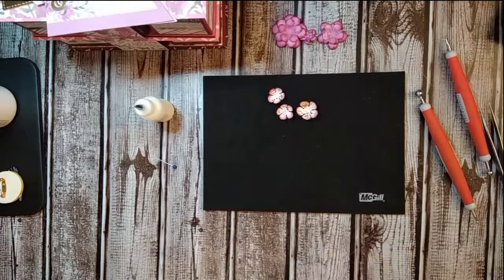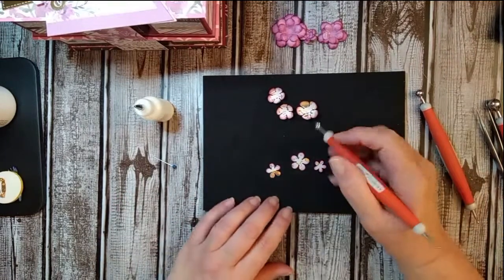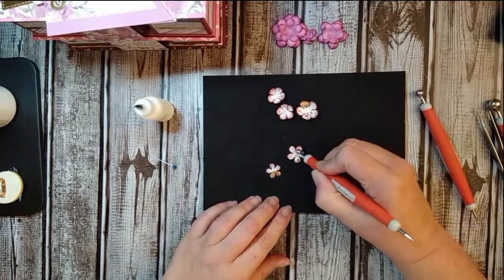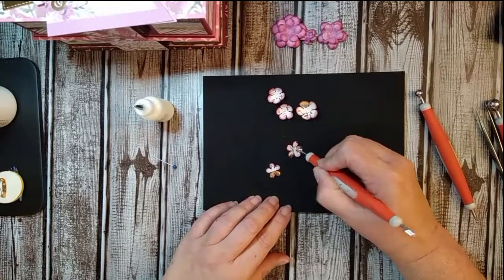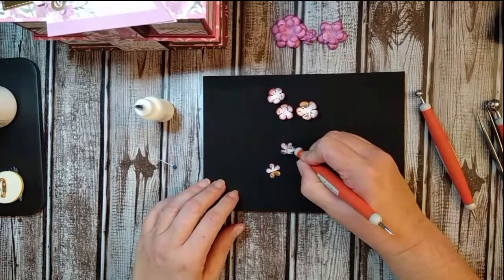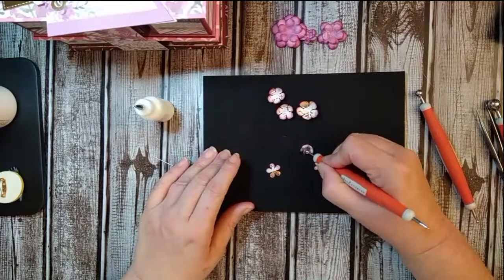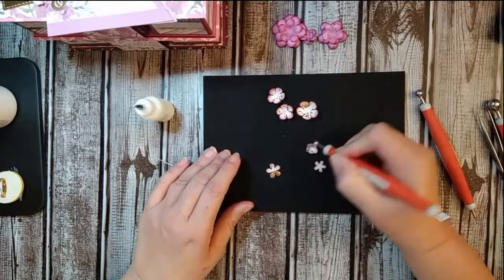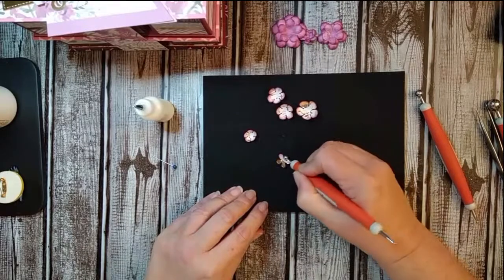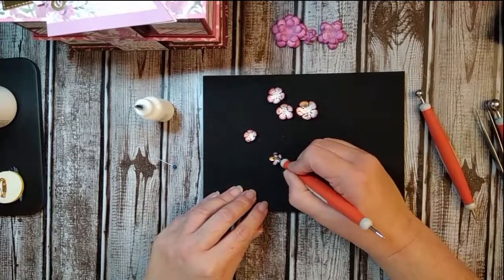Okay, and then we have the little tiny ones. So I'm going to use this one. Sorry if my head's in the way. Kind of got to get over these. And then on the smaller ones, sometimes I'll work from the center and go out just because they're smaller, so I don't want them to be that difficult to put together. Probably should have gone with the next size down, but